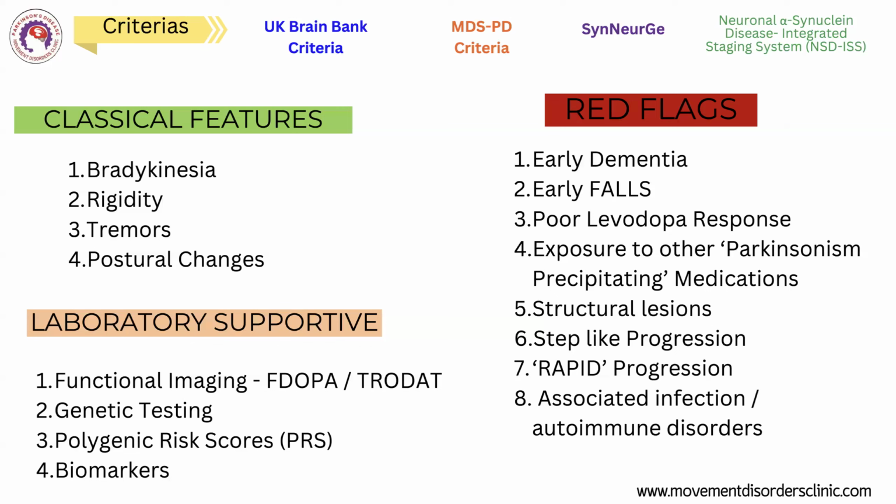The four classical features: people having stiffness, slowness, tremors, postural changes, you should suspect Parkinsonism, and whether Parkinson disease is the commonest cause for them. What are the red flags? Means if you want to consider this as Parkinson disease or Parkinson-like disorders, is if they have early dementia issues,